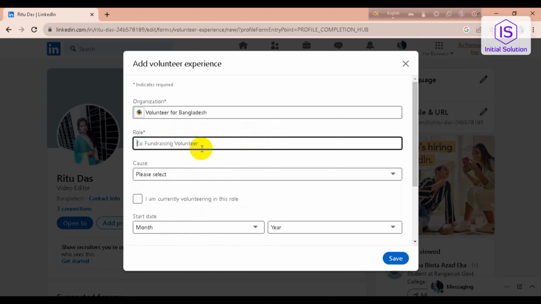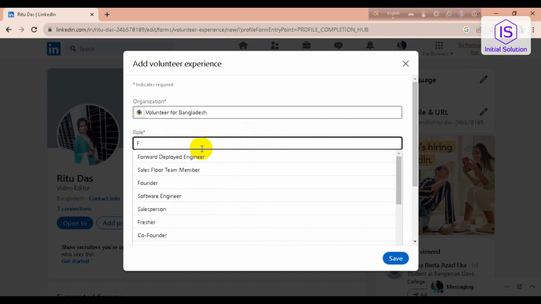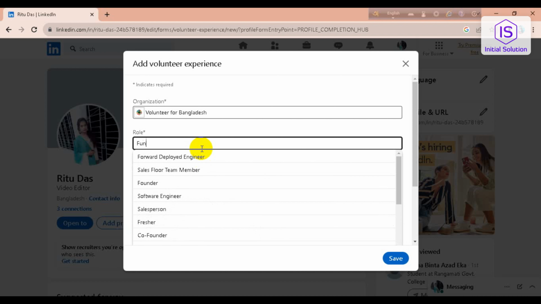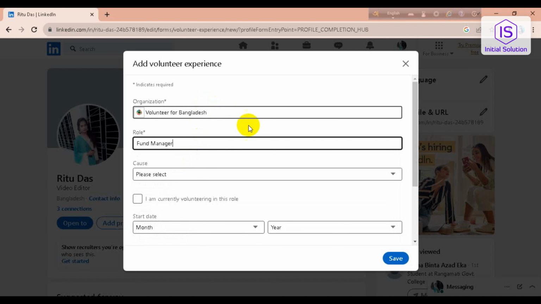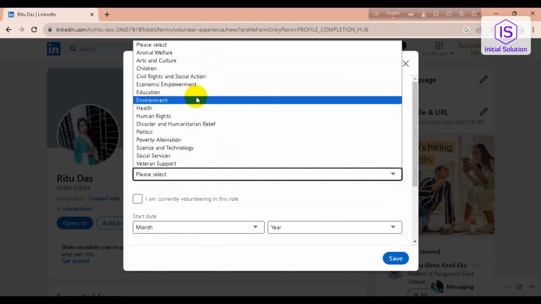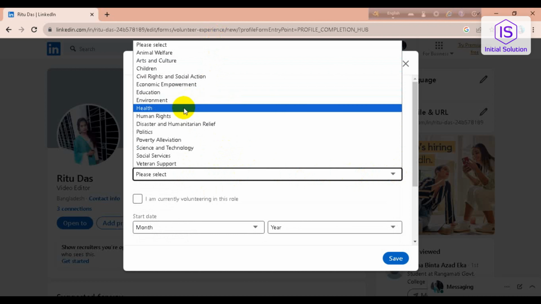And okay, then go for a cause. So I'll just go for health